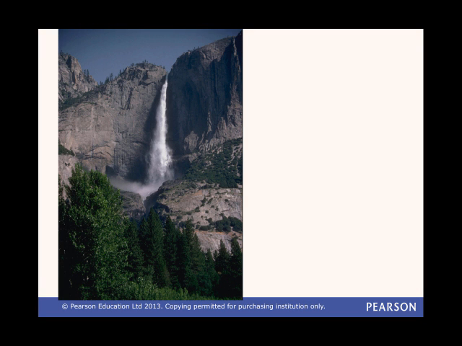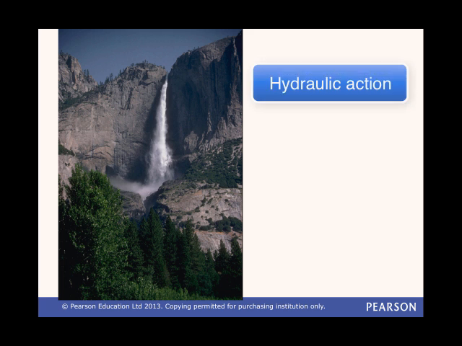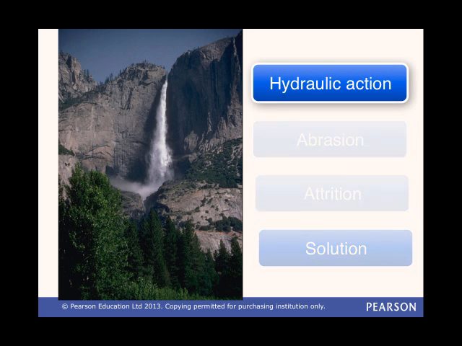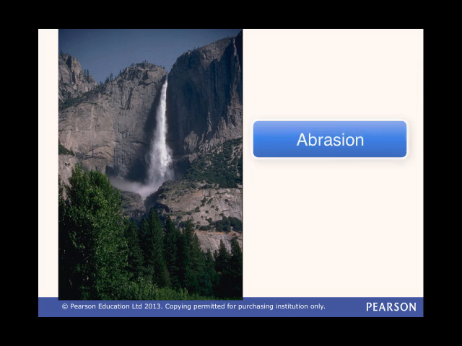The four main types of erosion are hydraulic action, abrasion, attrition and solution. Hydraulic action is where water forces air into cracks and holes in the rock and soil, helping to break them up. Abrasion is when the rocks and stones that are carried along by the river bash into the bed and